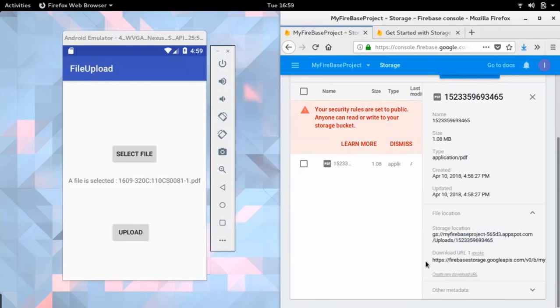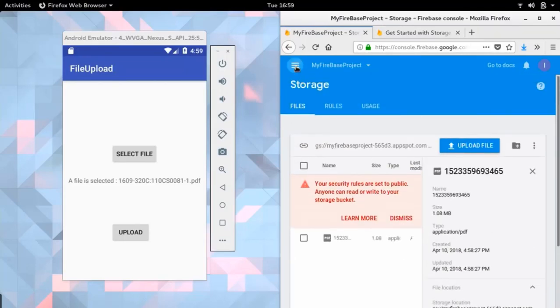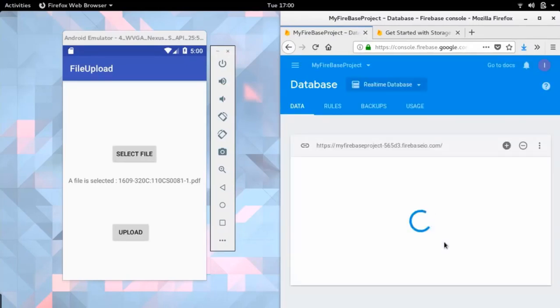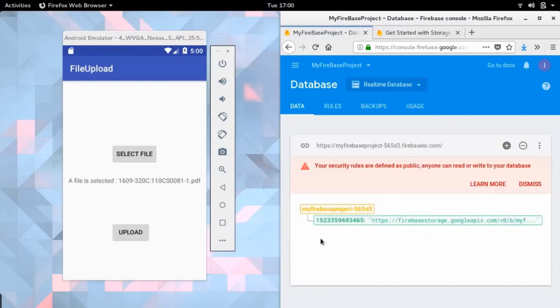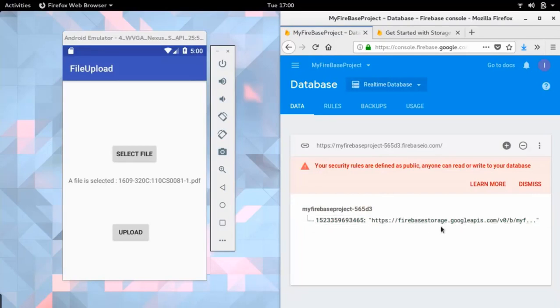Now we have saved this download URL in our Firebase real-time database. So let's move to the database. See, the file is uploaded, it's the file name and the corresponding URL.